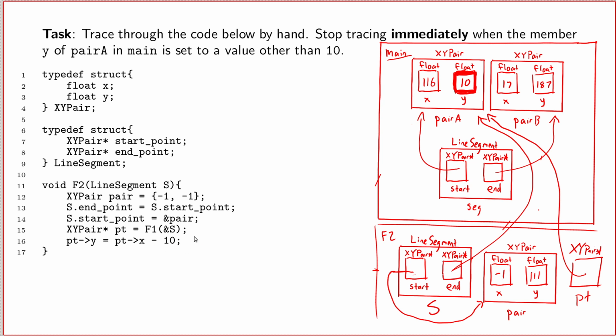Well, obviously, I probably should try and do that right-hand side first. What is pt arrow x? Follow the arrow from pt, get the member x, that's the number 116. Okay, subtract 10 from that, that's going to give us the number 106, and then assign that value to pt arrow y. Okay, pt arrow y, follow the arrow from pt, there's y, there's the value 106. All right. And so I've just modified that member that we were watching, and so mercifully, the question can now